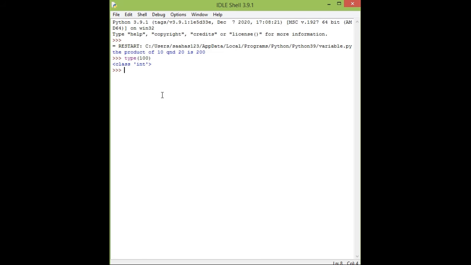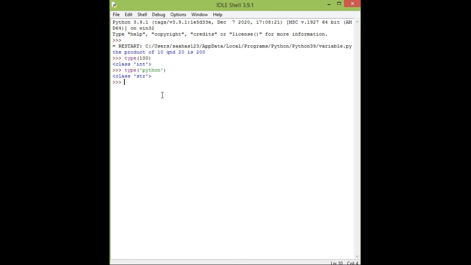And now I'm giving an example of a string. I'm writing type, and here I'm writing Python. Now I press the enter key.